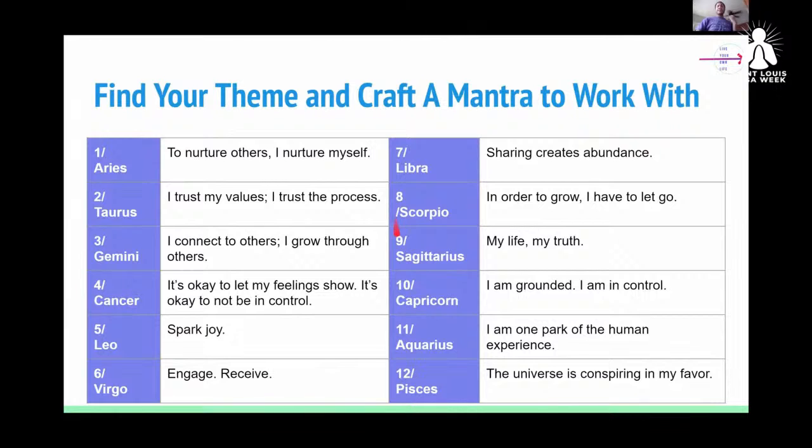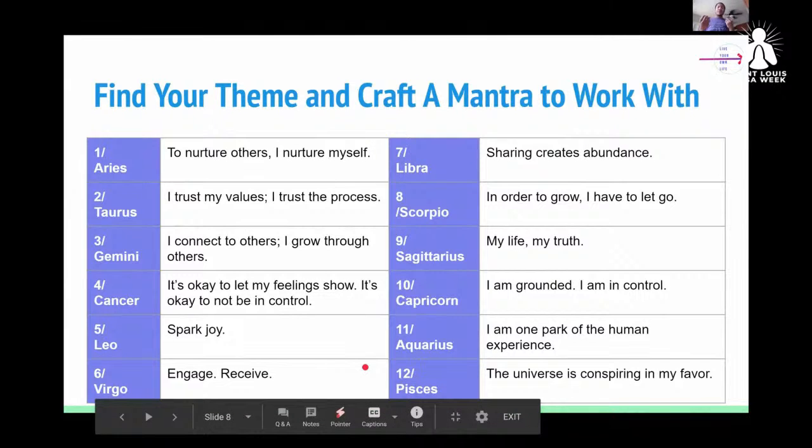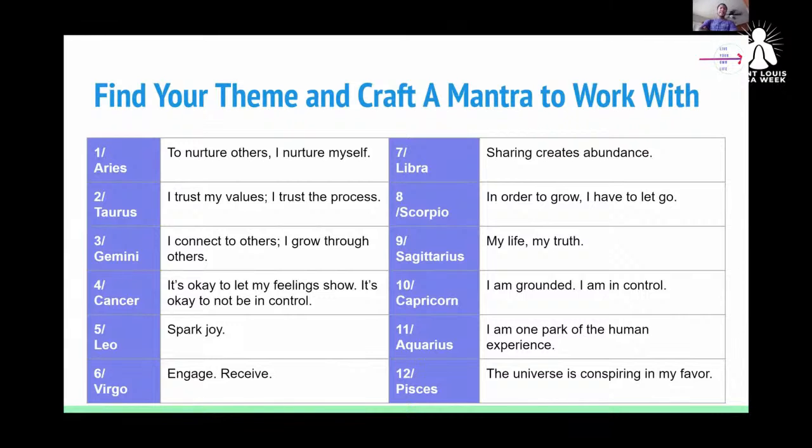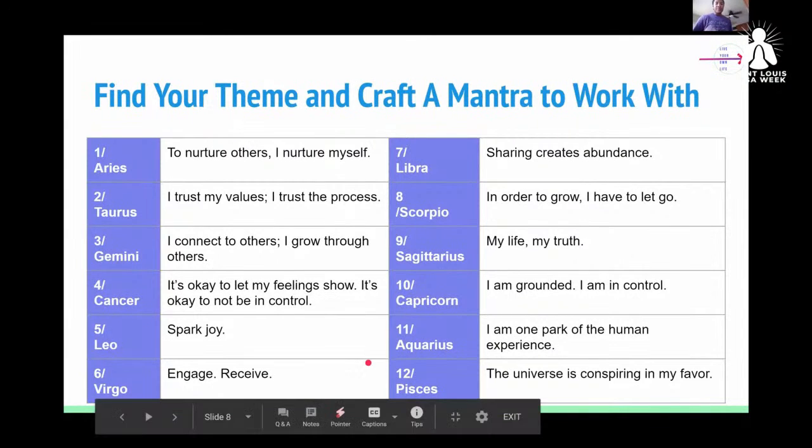You'll see here that there's these sort of short phrases. This is adapted from a book by Jan Spiller, Astrology of the Soul. She has about 40 pages of content for each North Node placement. So it's a really great reference book if you find that you get really interested in this topic and idea. This is a very boiled down suggestion of the big idea theme of each of these placements.